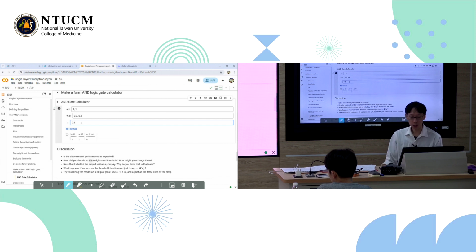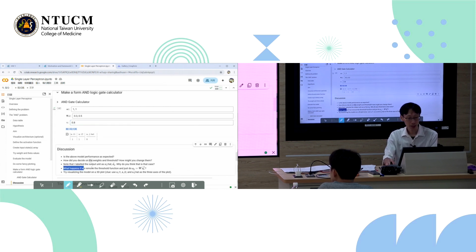So I use AJ hat to distinguish what is the output from my model versus what should be the output given the data. All right? So essentially, we want to compare AJ hat with AJ. And that will factor into how we might change the weights, which will factor into the learning rule, which we will talk about in the future as well. Okay? So that's for this part.